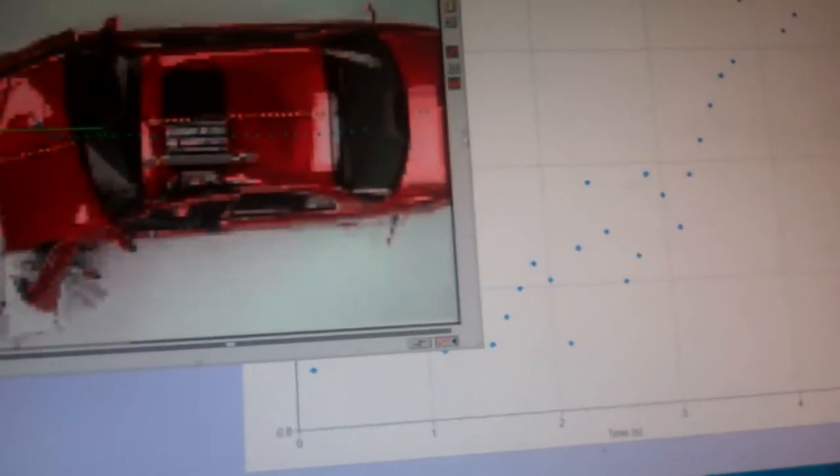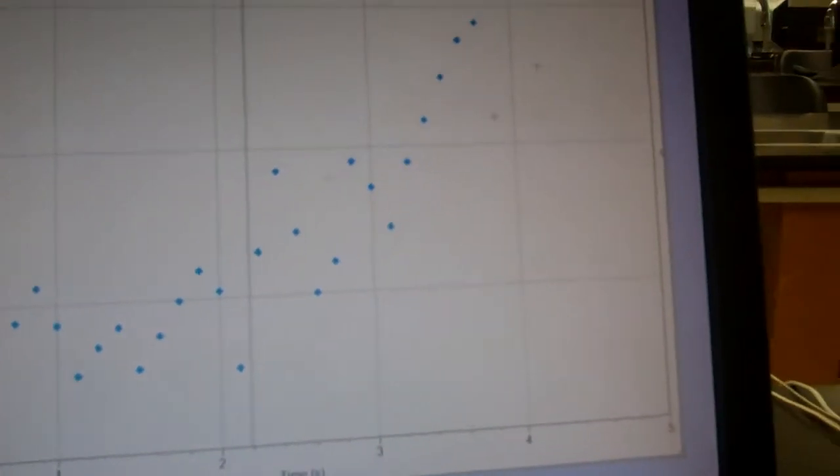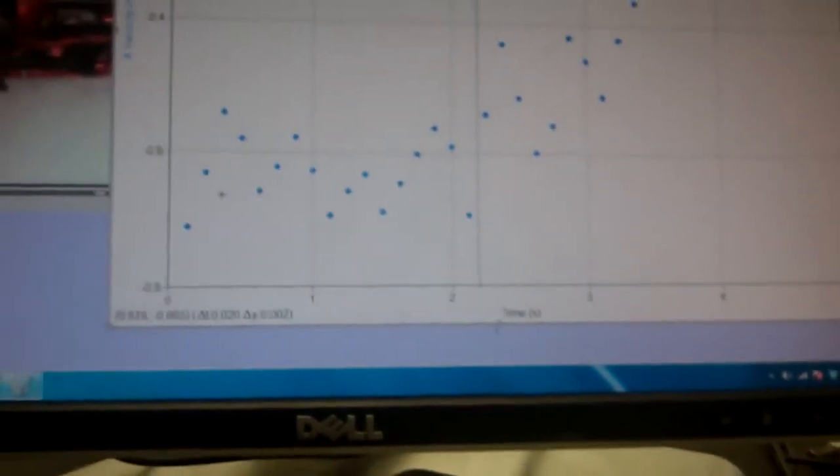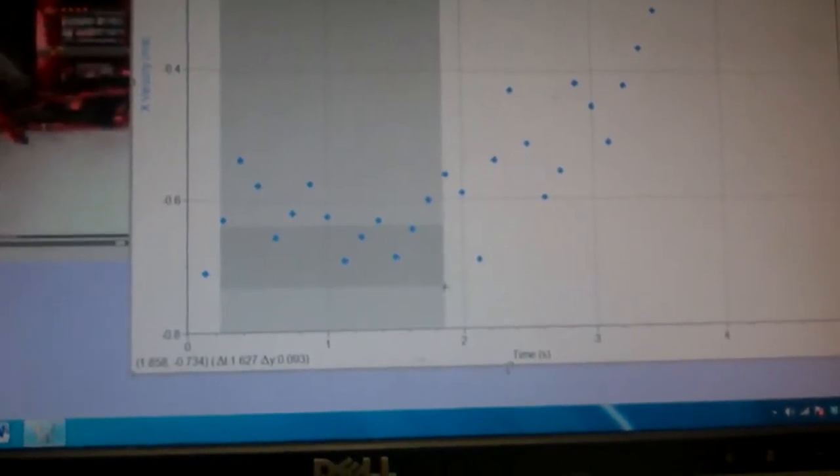That's good enough right there. So now let's take a look at our data. And you can see here's region 1 where we know it's going 30 meters per second. And here's region 2 where it's slowing down because it hit something. Now here, if we take the stats on this flat part right here,